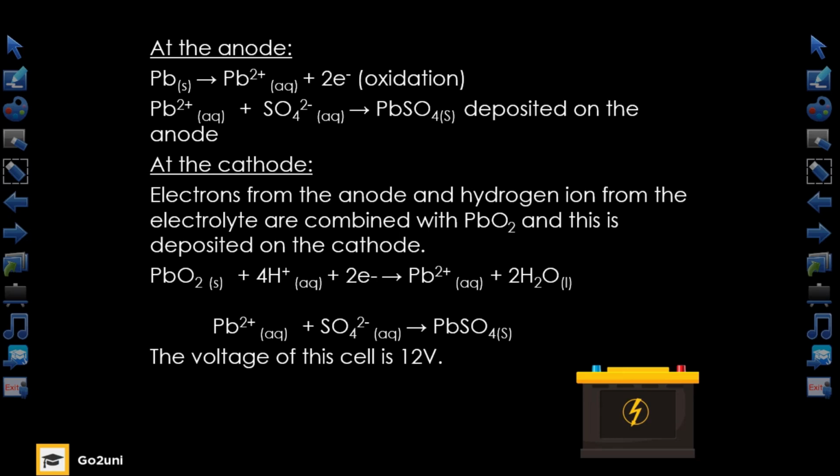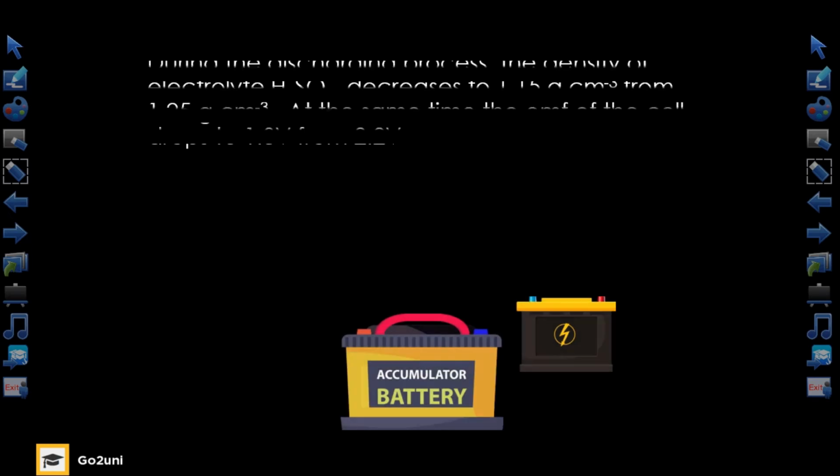These electrons flow through and get to the cathode, where lead(IV) oxide and hydrogen ions from the electrolyte receive the electrons and are reduced to lead(II) ions and water respectively. The lead(II) ion further reacts with sulfate ions in the electrolyte to form lead(II) sulfate, which gets deposited on the cathode also. The voltage of the lead accumulator is 12 volts, and as it works, its density reduces